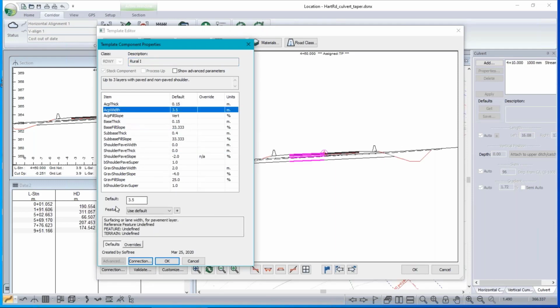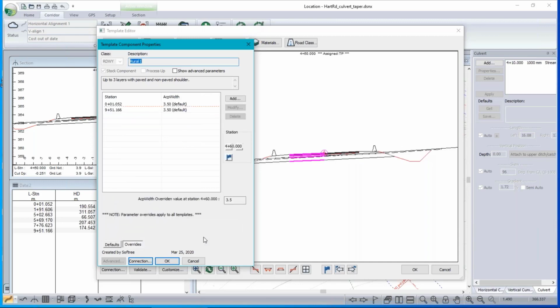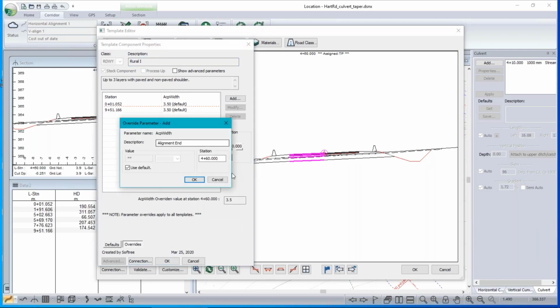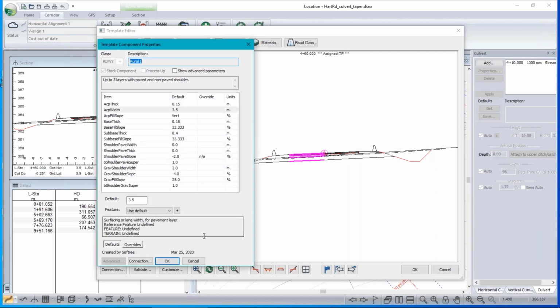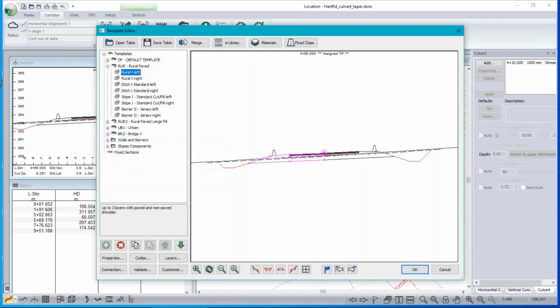It's also possible to override these by attaching them to a reference feature. We're not going to cover that in this demonstration, but that's a possibility. And then there's this thing called overrides. And what we can do here is we can apply different values at different stations. Now, you can do all this inside the template editor, but I prefer to use a different place to do it. I'm going to show you that